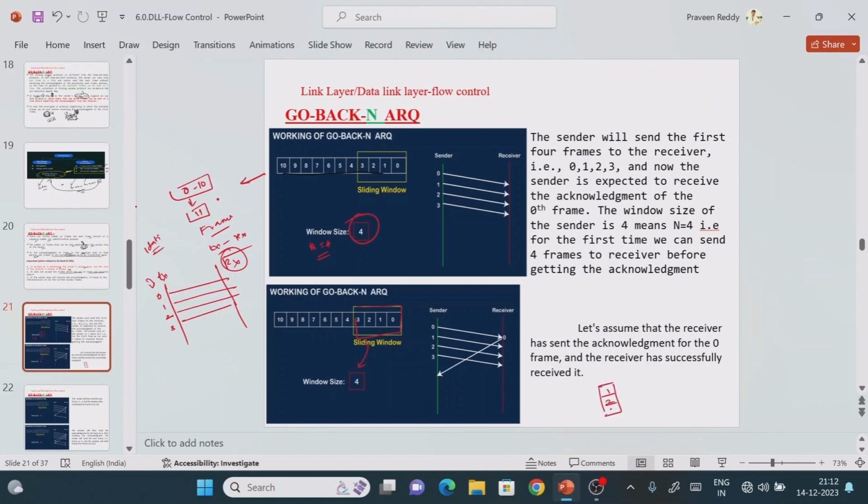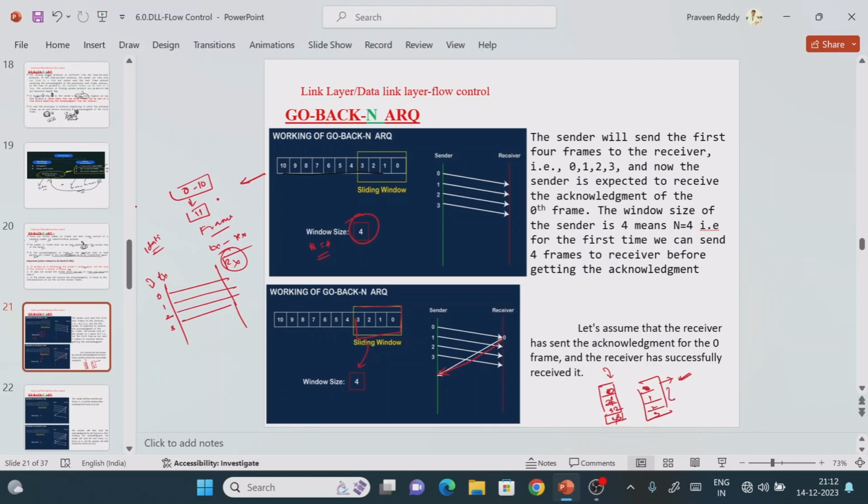Now after that, suppose the receiver capacity is something like 1, 2, 3, 4. We are going to process everything in order, right? Now see that 0, 1, 2, 3, like that you consider. Now 0 is processed, which means 0 will come out, so nothing will be there, and it will send the acknowledgement to the transmitter.